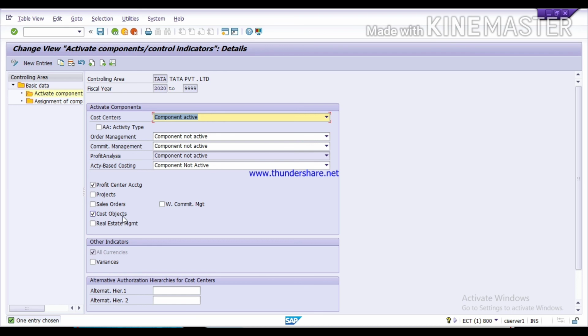I have selected those in which I want to see the cost. In which area you want to work, you have to select those areas. As per your business, you have to activate those areas from here.